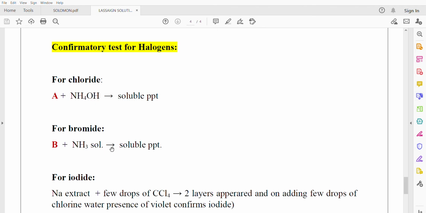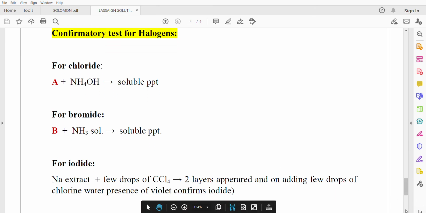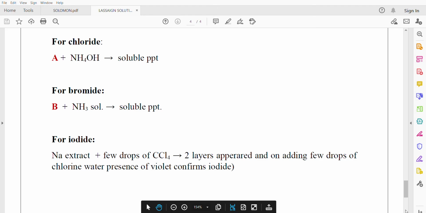And the pale yellow PPT, when ammonia solution is added, will be solubilized. And for iodide, if you take the sodium extract and put a few drops of carbon tetrachloride,